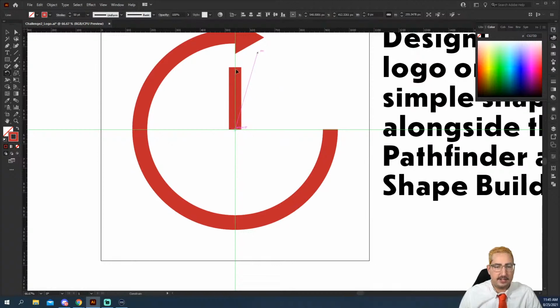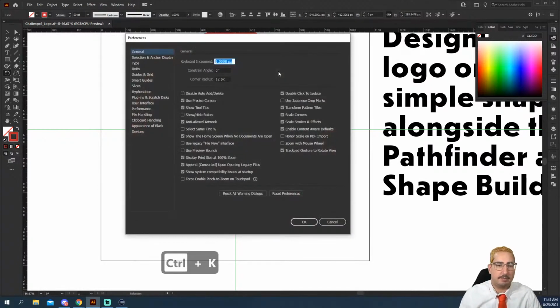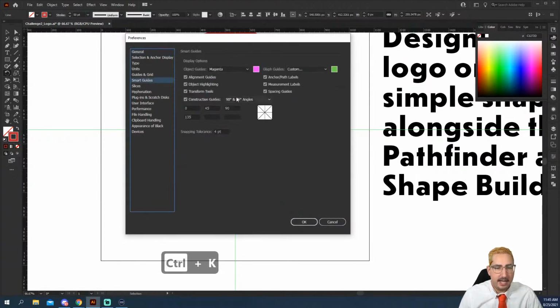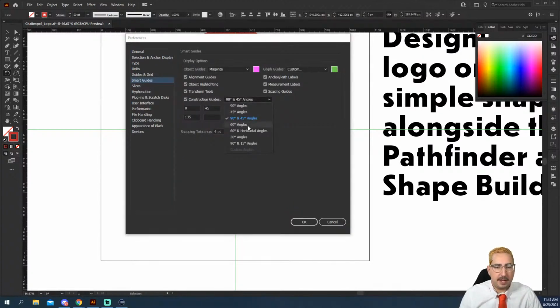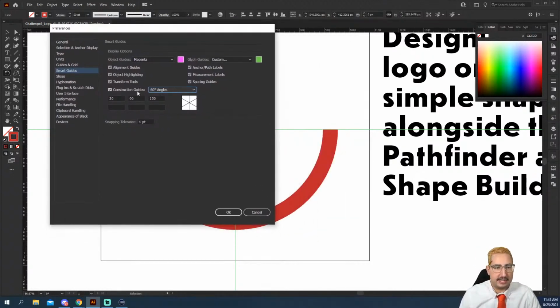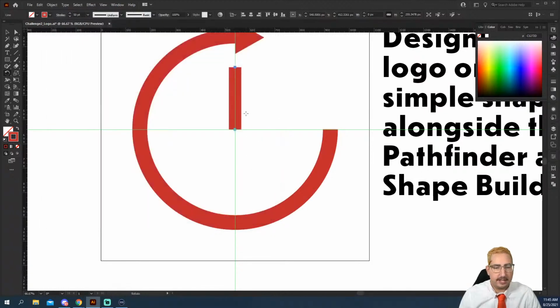But I learned this the other day and want to share it with you: you can hit Control or Command K to bring up your preferences and go to Smart Guides. From there, we can actually turn on custom angles. So maybe instead of 45, I want 60-degree angles. So I'm going to hit OK. We changed the construction guides right here to 60-degree angles. We're going to hit OK.